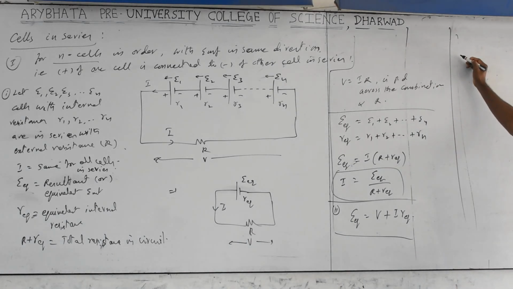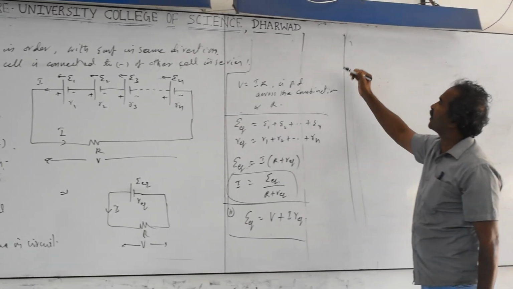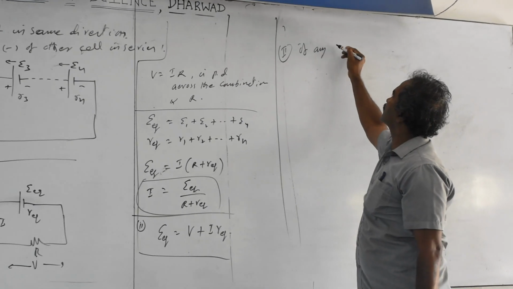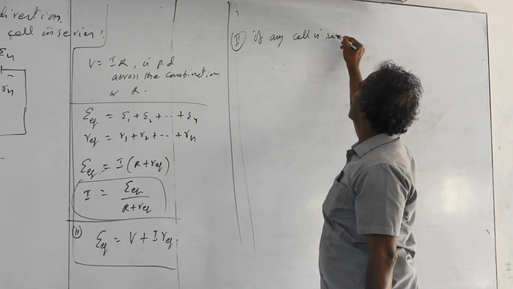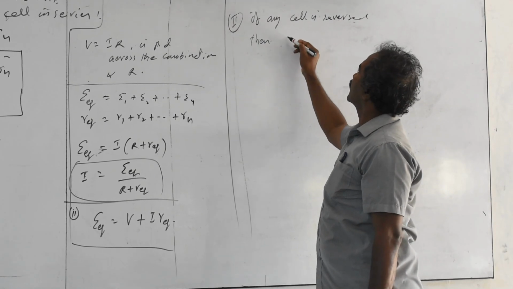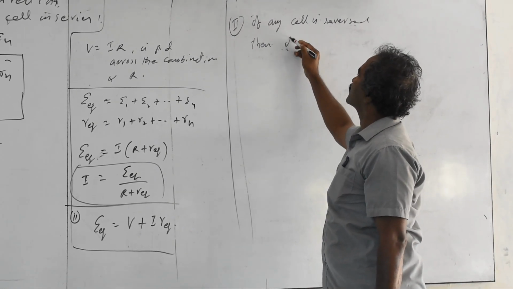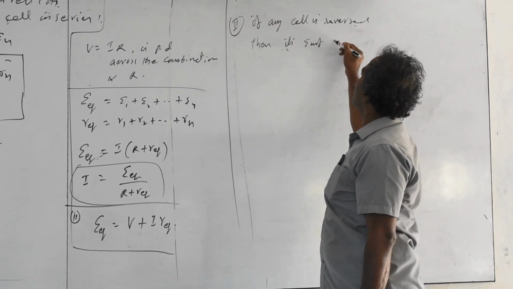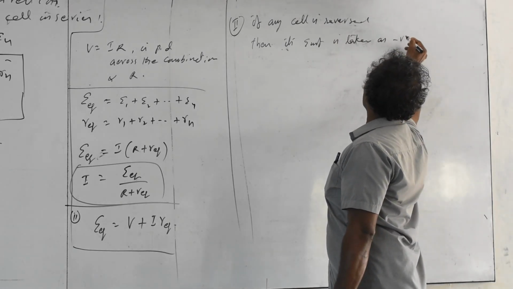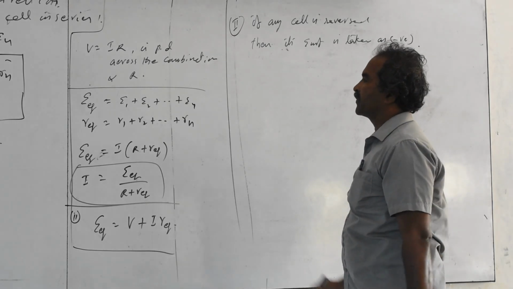Next point is, if any cell is reversed, then in the first case, all in order, we have taken. The second case we take is, if any cell is reversed, then its EMF is taken as minus, negative. Example,